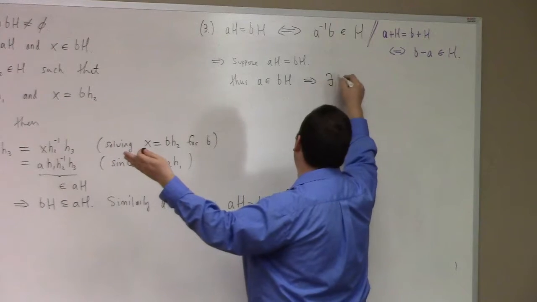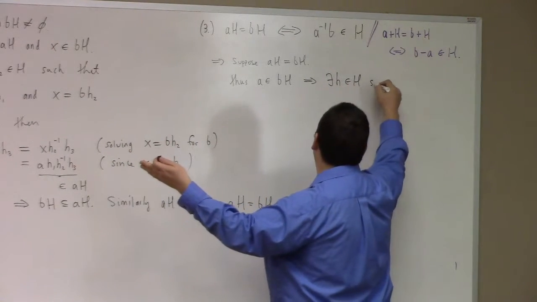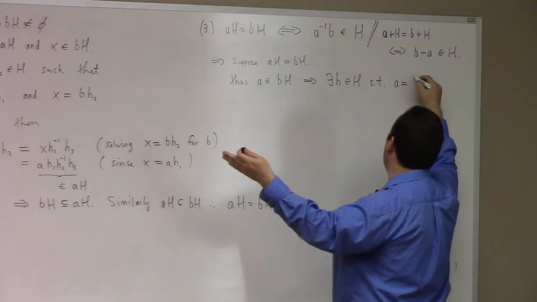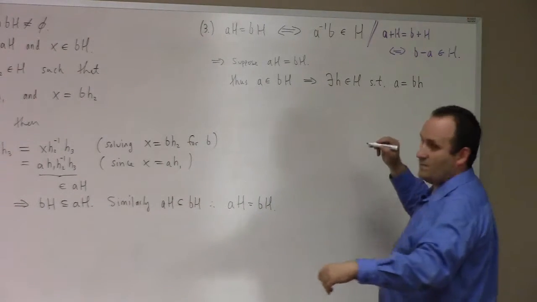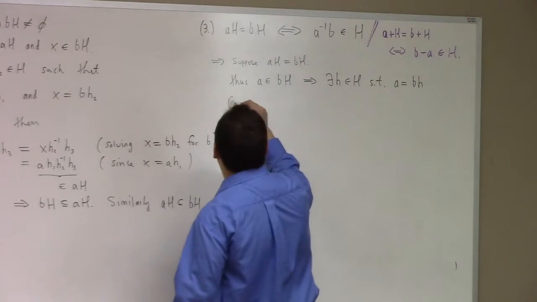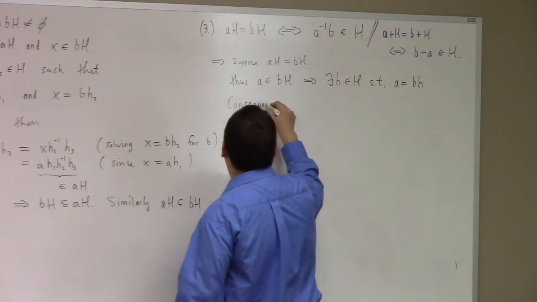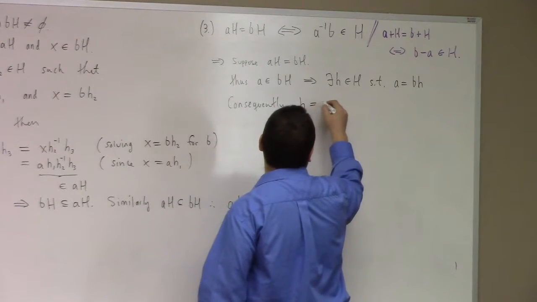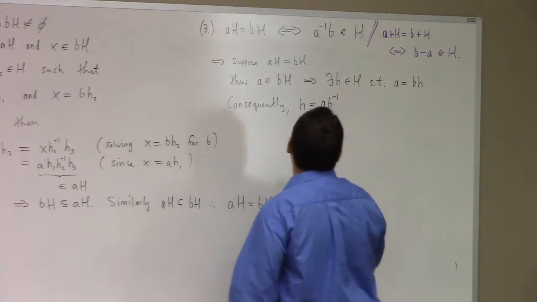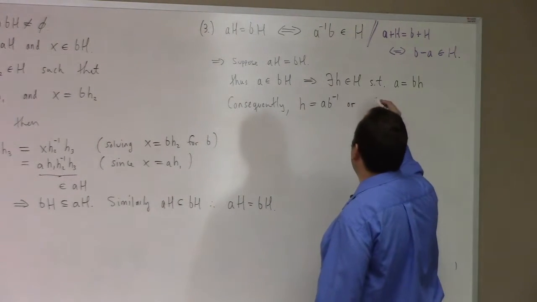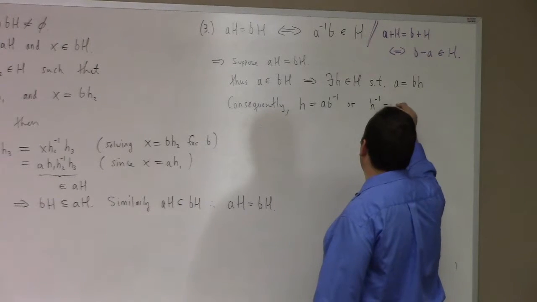Which implies that there exists H in H such that A is equal to BH. Consequently, what? H is equal to B inverse A, right? Or, if you like, H inverse is equal to A inverse B,